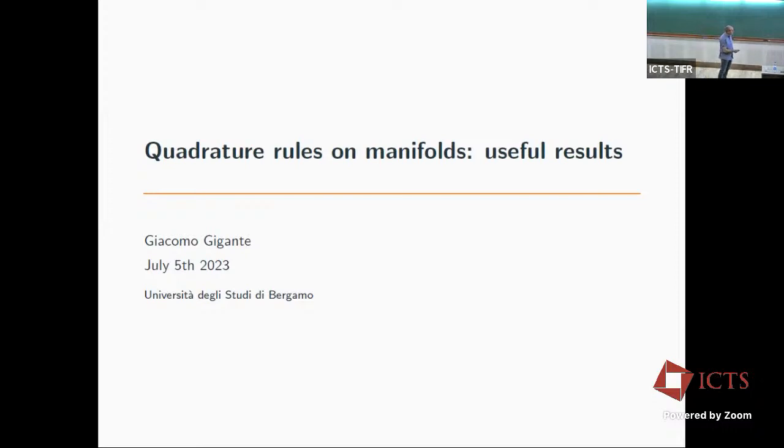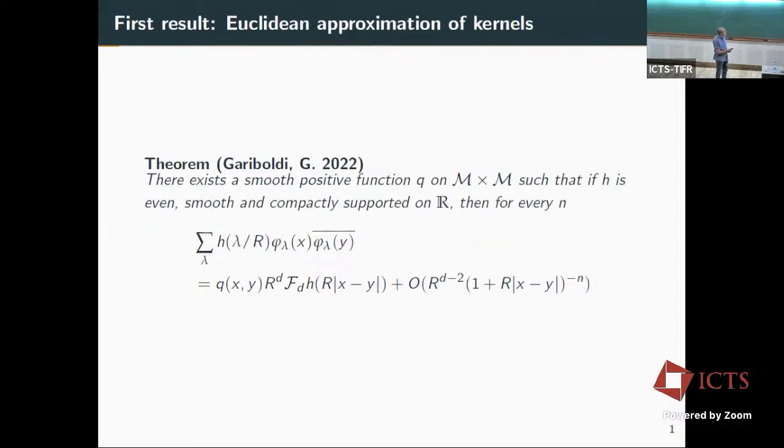Okay, so the first result has to do with this Euclidean approximation of kernels. So let me remind the statement. You have this function h, which is defined on the real line. It's even, smooth, and compactly supported. And then using this function, you define a kernel. You're adding up over all the eigenvalues of the Laplacian, and you are taking only those, imagine your function h is supported between -1 and 1,